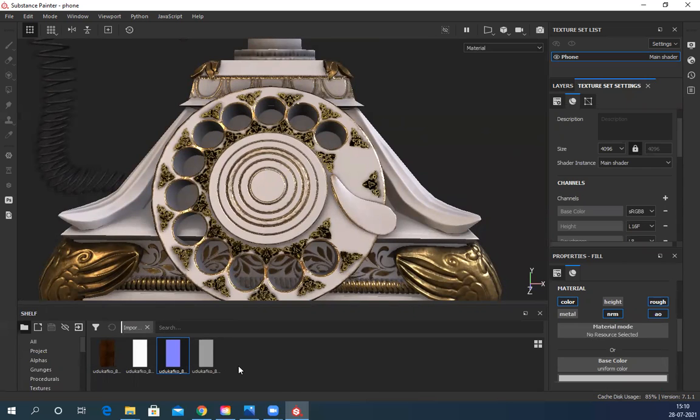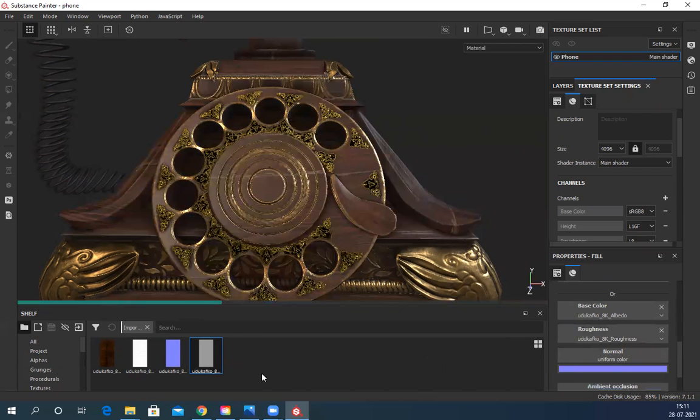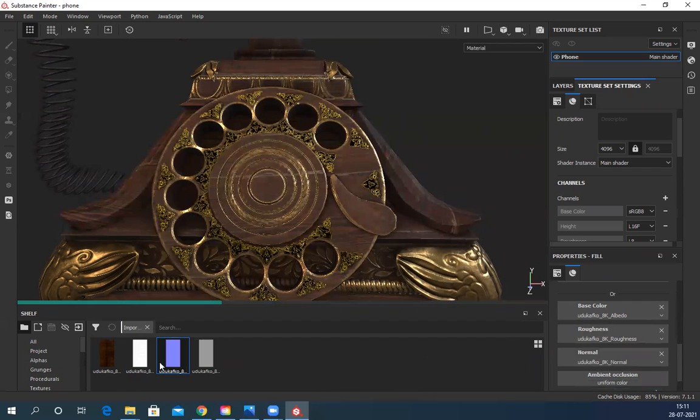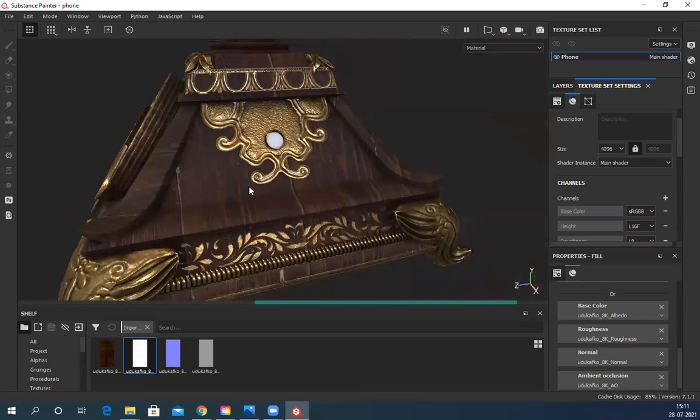So I can see from Quixel Bridge, I have downloaded albedo, ambient occlusion, normal, and roughness. And then I place them: diffuse to base color, roughness to roughness, normal to normal, and ambient to ambient. And you can see this texture, because this is a scan texture, so it's really good quality. No matter what I do, I cannot replicate this, so it's better to use this.